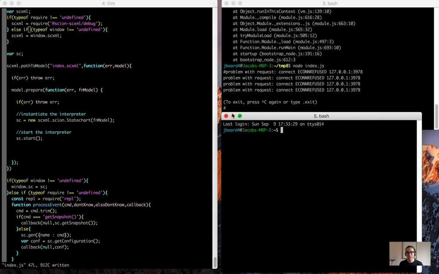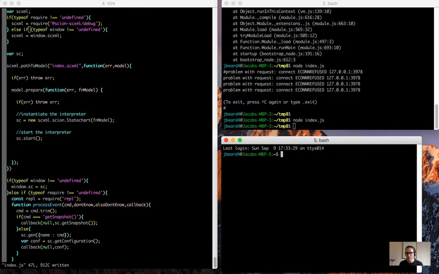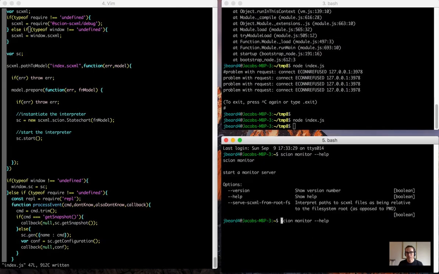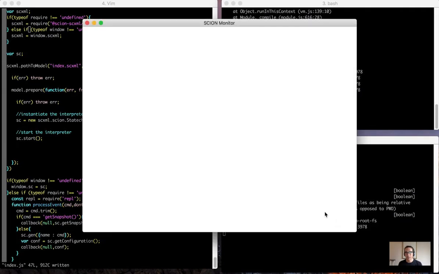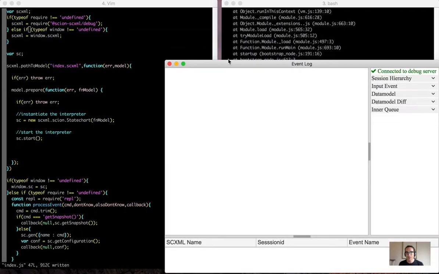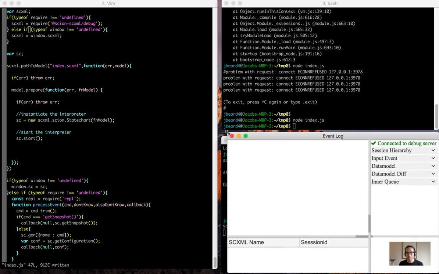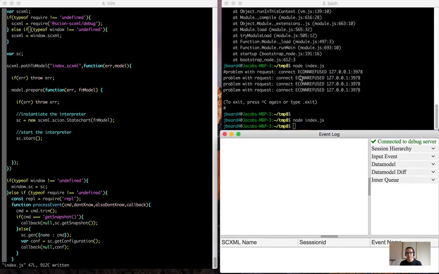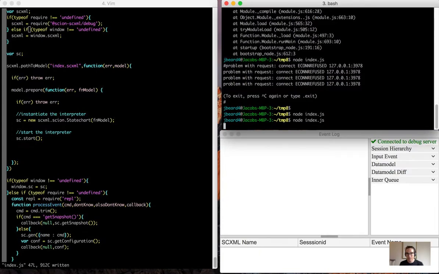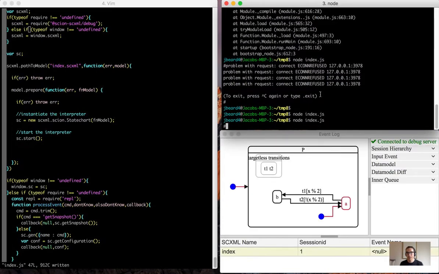And in order to use the monitor in Node.js, we have to provide an additional argument, which is this serve SCXML from root fs argument. And that's just so that the monitor knows where to fetch the SCXML from, because we're going to give it a path to an SCXML, and it has to know what that path is relative to. So now if we start it up, node index.js,